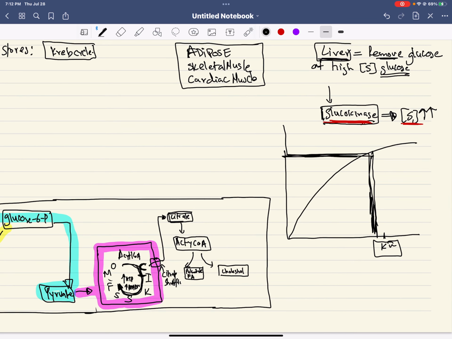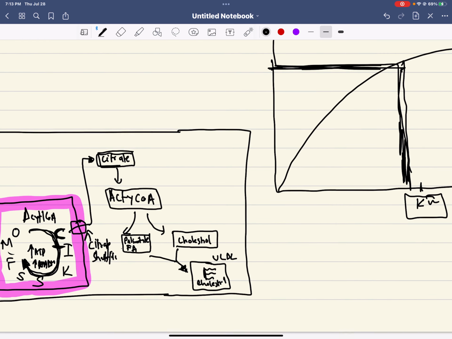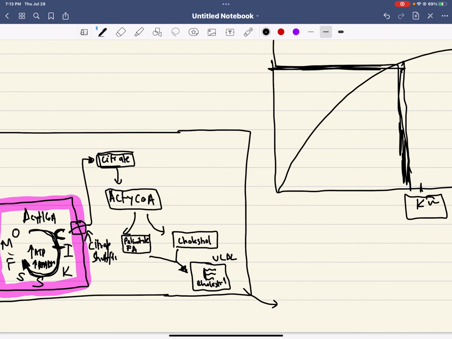Okay, so when you make palmitate and cholesterol, these can be combined in VLDL. So these are your VLDLs, and these VLDLs pack your palmitate and cholesterol. When 3 palmitates combine, they will make your TAGs, plus you're forming those cholesterols here. And so these VLDLs now go into the blood,